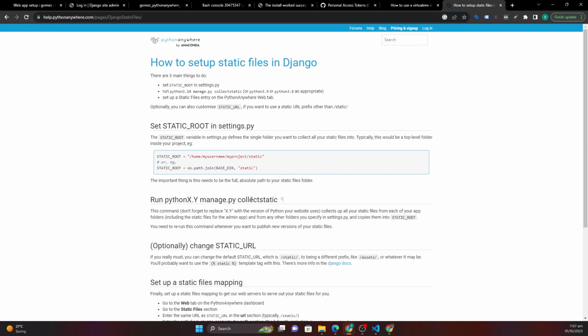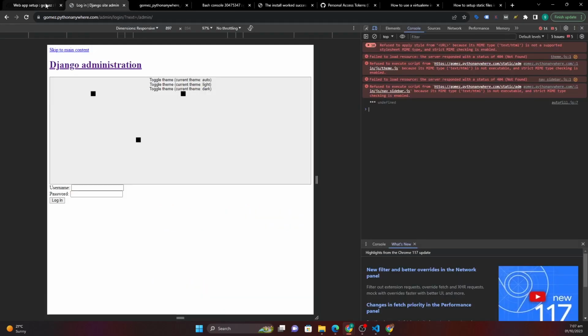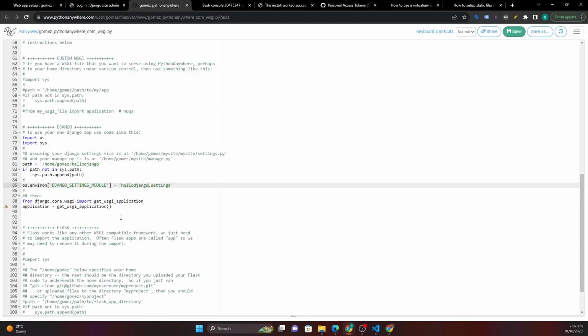It's just the normal way of adding static files. So we have this, and we want our static files to be collected in a directory or folder called static, and then what we're gonna do is come here, and then